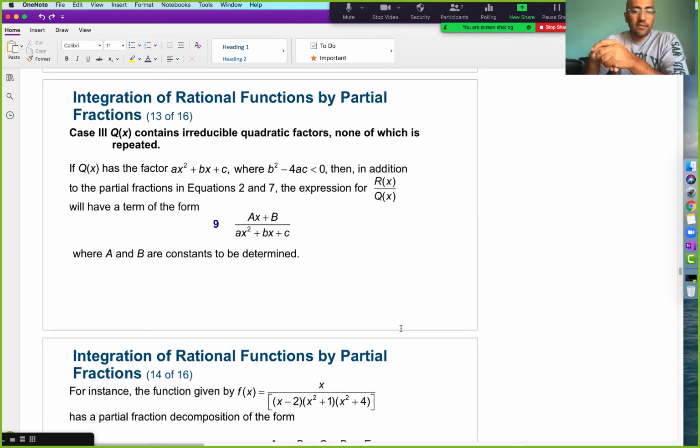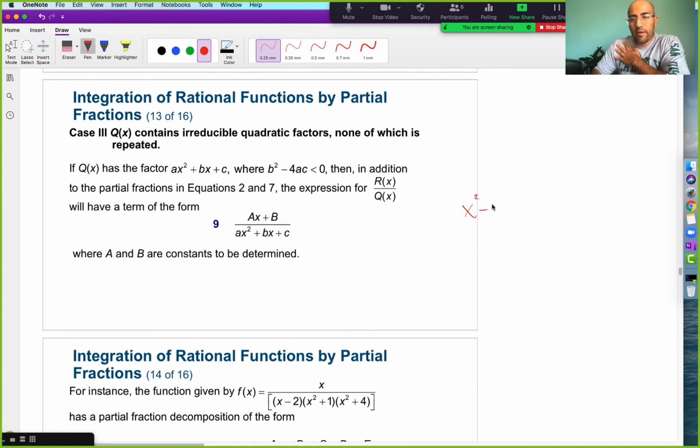Okay, case number 3 is the case where when we try and factor the denominator, we run into irreducible quadratic factors, right? So it's a quadratic that cannot be further reduced into a product of linear binomials, because of the terms. It might lead into imaginary values. So, for example,